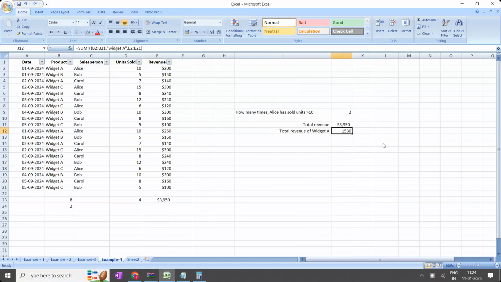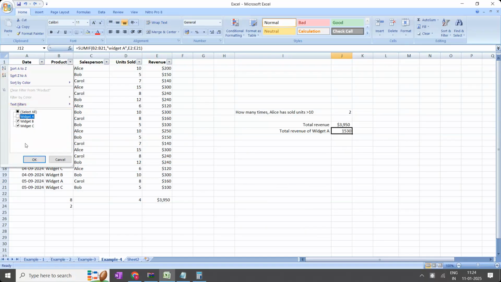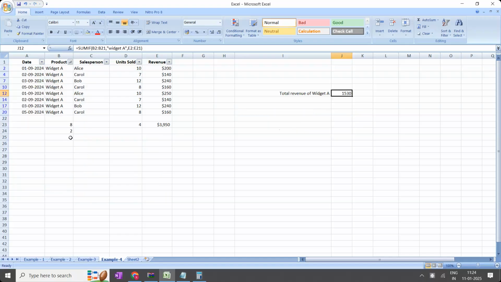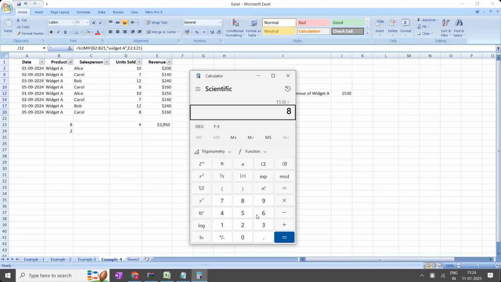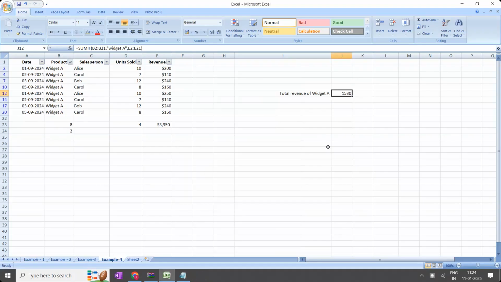Okay, so it is just going to do the SUMIF. SUMIF means based on the condition you are doing the sum. Now in this question, how many records are there exclusively for widget A? Earlier we have already seen, this question was completed. Only A, how many records? 8 records. Then what is the average value? 1530 divided by 8, what is the answer? It is 191.25. Let us cross check whether we are going to get the same thing or not.